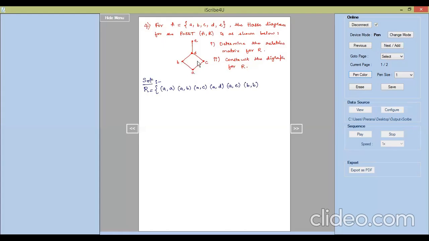And B to C there is no edge at all, so we don't write it. Next, B comma D. Yes, B to D there is an edge which is pointing upward. Then can we also write down B comma E? Yes, we can write down B to E because B to D, D to E there is an edge, which means B comma E we can write down. Right? Next. With B, all the vertices marking is over. Next, we will start with C.